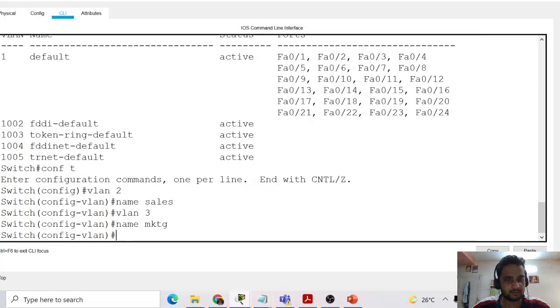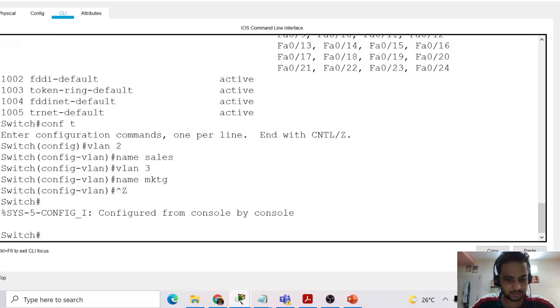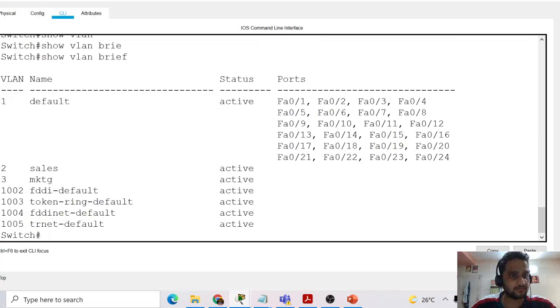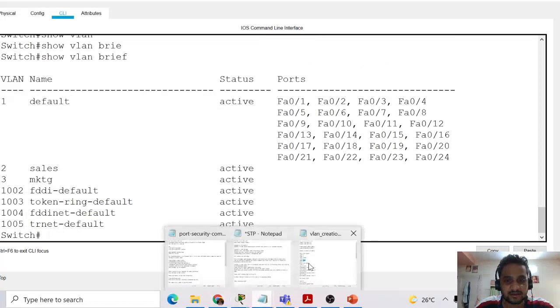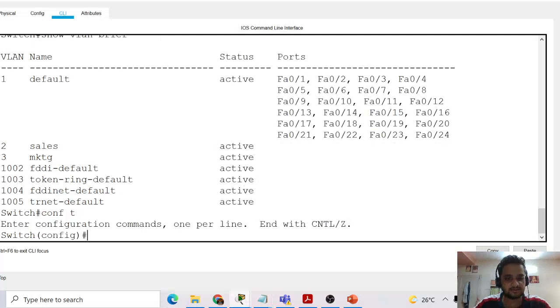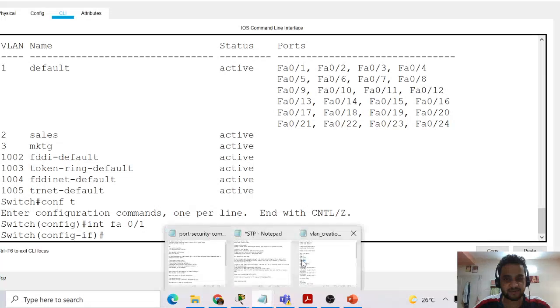So now let's check how the VLAN looks now. So we can see 2 VLANs have been created. Let's quickly go to conf t and let's start giving the VLANs into the respective interfaces.